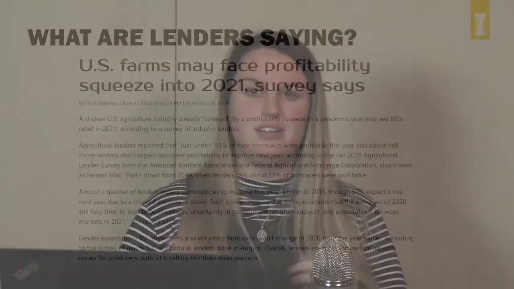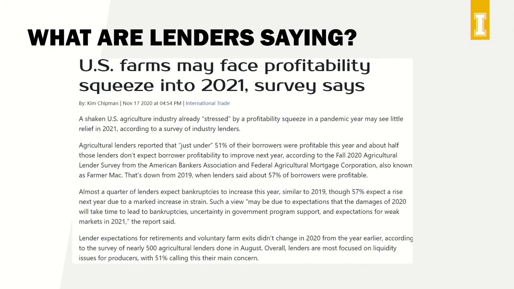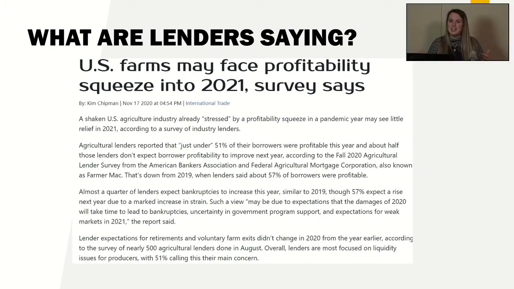So what are the lenders saying? I think a lot of lenders actually watch my talk, so I would love to hear from them in the Q&A box if they wanted to. But U.S. farms may face a profitability squeeze in 2021. So this was a survey done with the ag bankers and the Federal Agricultural Mortgage Corporation. So it's down